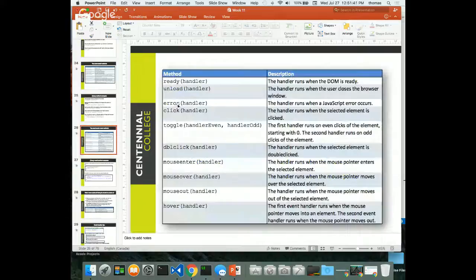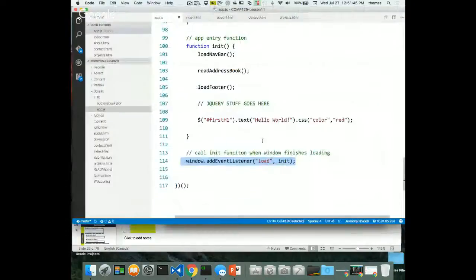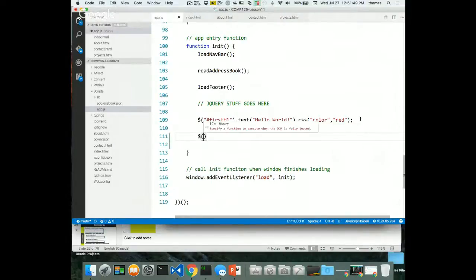So let's do the error handler. How does it work? Again, imagine if we have no code hinting right now. So if I go $ and I want to do the .error, can I just do the error like this? What does this mean when I do this? Or can I even do it like this? Is that possible? And if it's true, it says, hey, on error, when there's any kind of error,